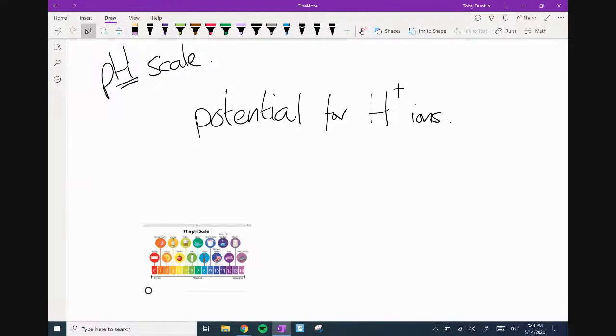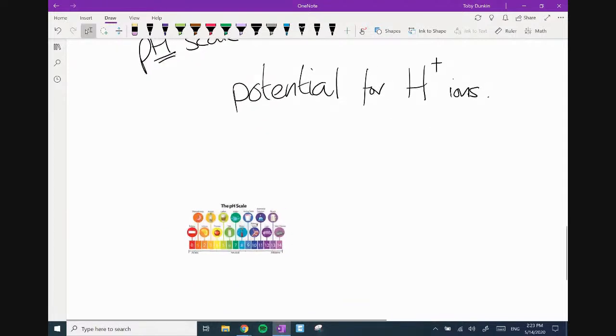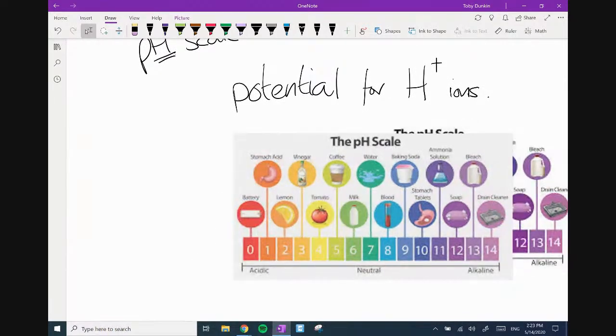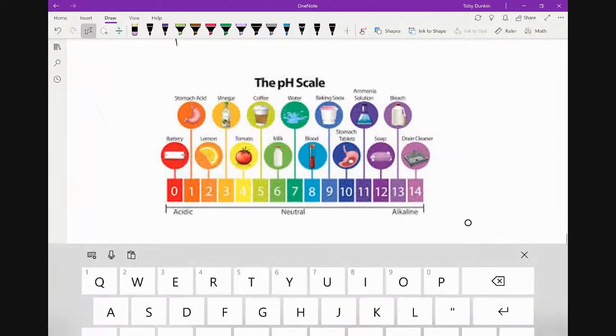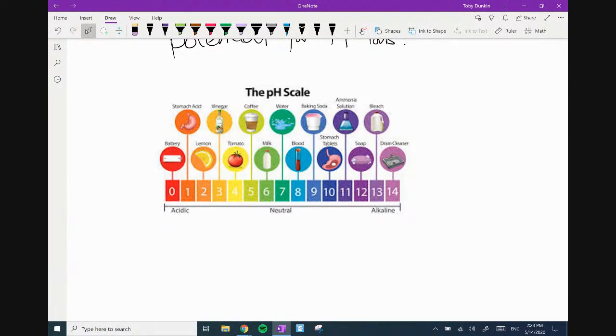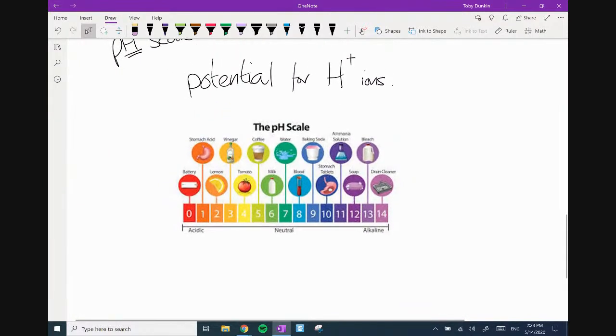There we go. So, you guys remember all this stuff from year 7? You remember all the cool pictures? Darn it, don't let me do that. Move, will you? Become big. There we go. Okay, pH scale. We remember all this stuff. We can no longer trust you. You guys are mean.